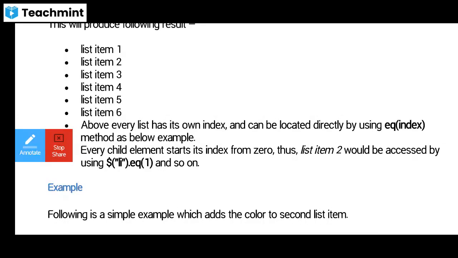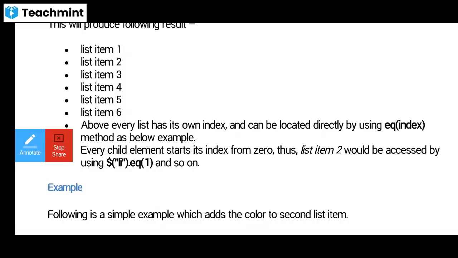So here in the equivalence index method, we are going to specify the number of the particular index value. In the array we are going to specify from 0, like that. Here also in the equivalence index method, we are going to describe from 0 to 5. So how many elements are going to be present in a particular index, by using the array method, we are going to specify from 0 to 5. So like this, and so on.